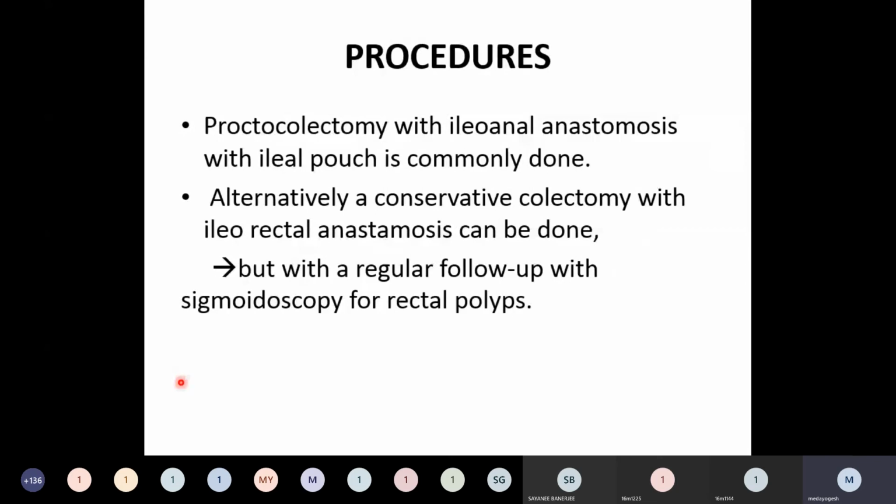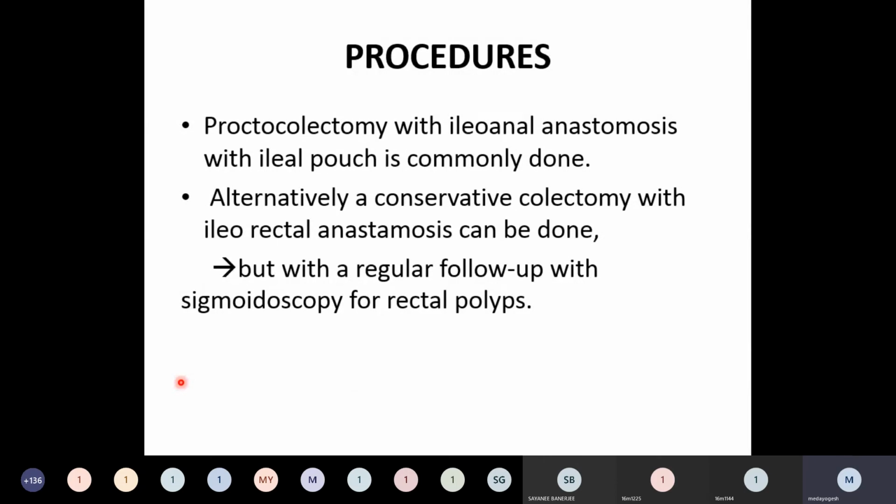Coming to the procedures which are commonly done, as the FAP involves the whole of the colon and rectum, the best modality of treatment, that is surgical treatment, is the proctocolectomy. That is removal of the rectum as well as the colon. Once we remove the colon and the rectum, we are left with the small bowel and part of the lower rectum or only the anal canal. In such a scenario, we'll have to anastomose the end of the ileum or the loop of the ileum as